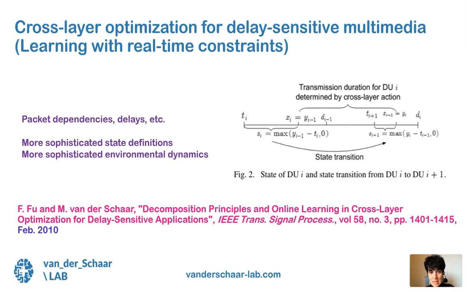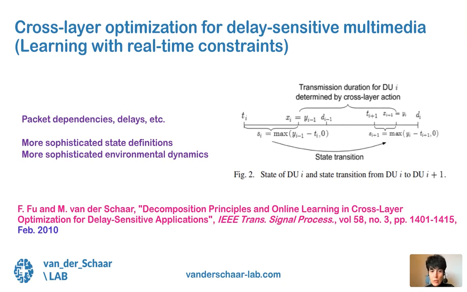And hence, in this case, the states and state transitions at the application layer are even more sophisticated than in the previous example, because we have different packet dependencies and delays, and this leads to a more sophisticated state definition, as well as more sophisticated environmental dynamics, which require new and enhanced solutions for cross-layer optimization